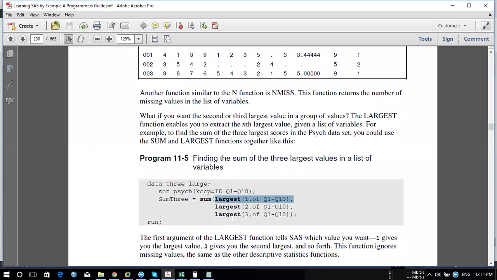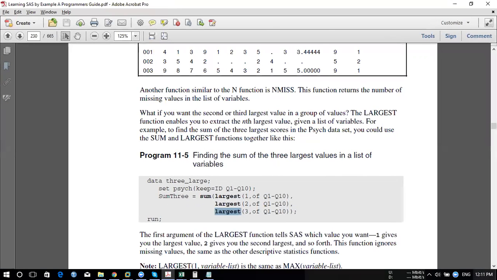So here, the same thing you can try for your smallest two. If you write smallest, it will give you the smallest of 1, 2, 3, 4, 5, 6. Maximum will work only to get the maximum, and minimum will work to get the minimum. It will only give you the max and min. But if you try to get second, third, fourth, then you have to use smallest and largest. Got it?